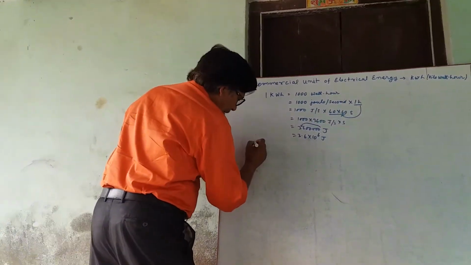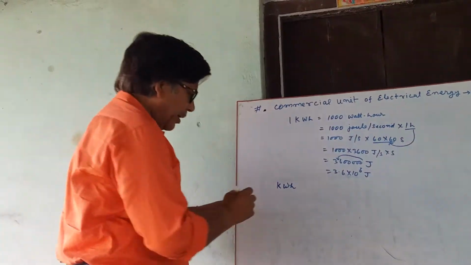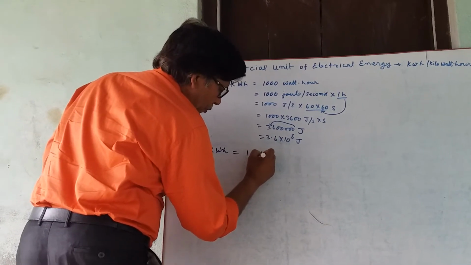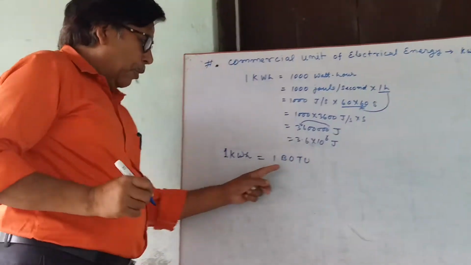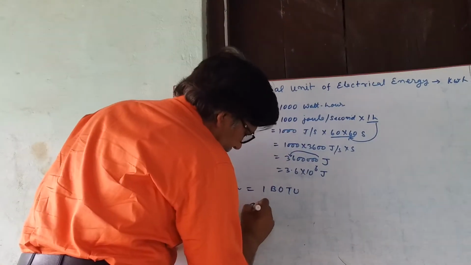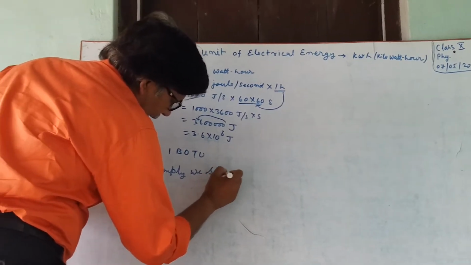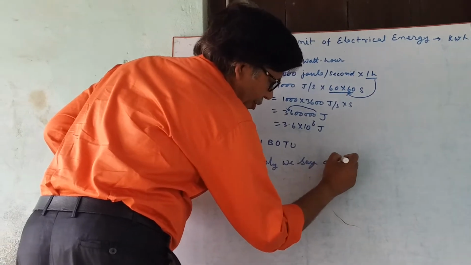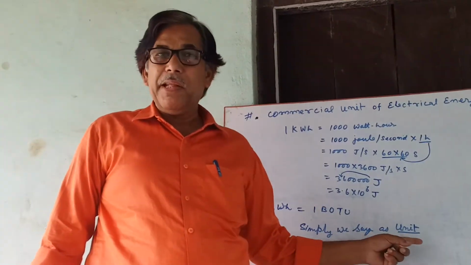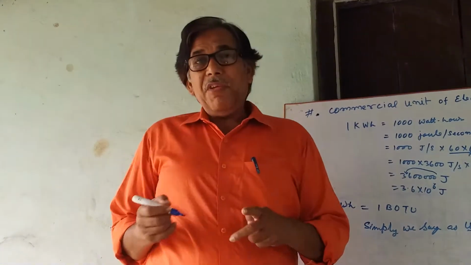Now, 1 kWh is also called 1 BOTU or Board of Trade Unit. Simply we say it as unit, in the form of which our electric bills come in our homes. That is why now we have to calculate